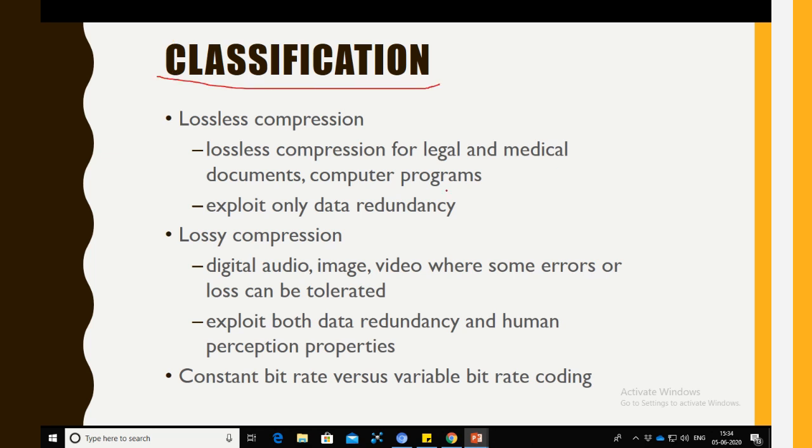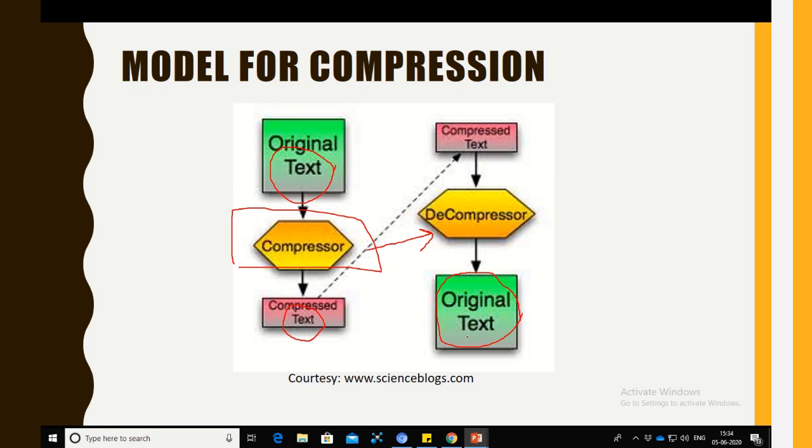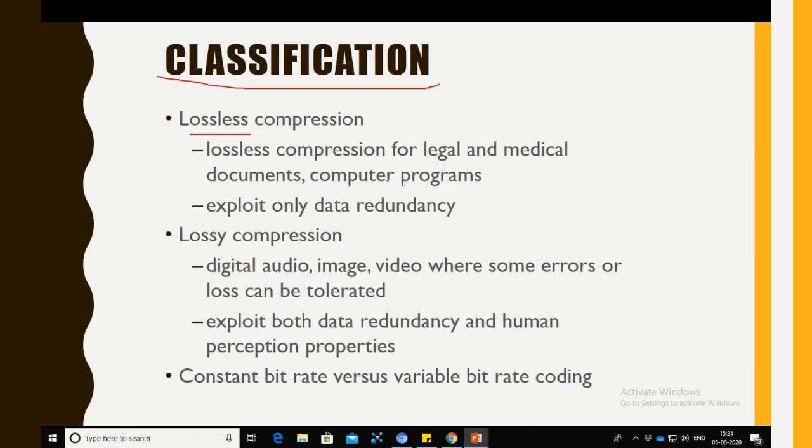Now the main purpose of this video is to tell you the classification. If you remember, in the second video there was one classification called lossy or lossless. In lossy compression, you will be losing a significant amount of your original data. When you talk about lossless, we are saying there will be no loss: not a single character, not a single digit, not a single characteristic of that data will be lost.